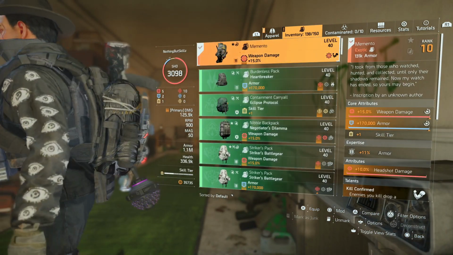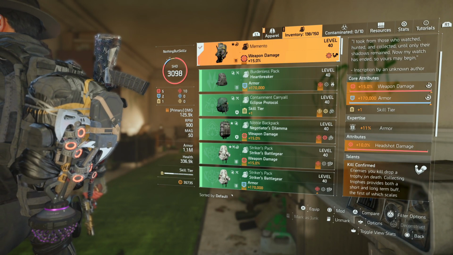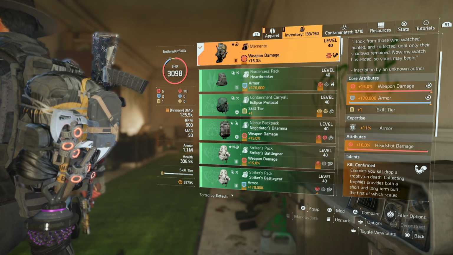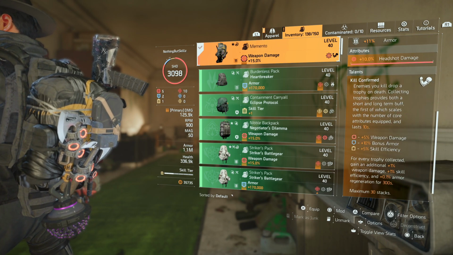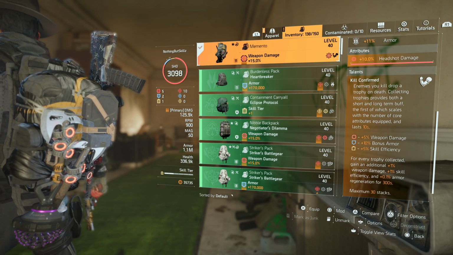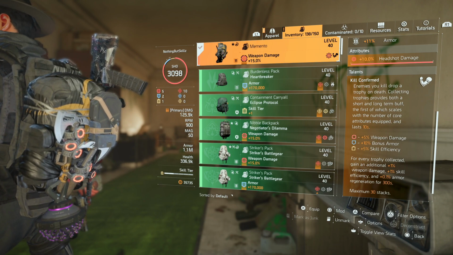And then for the backpack, we went with the Memento backpack, and this is what's going to give us survivability and allow us to really hit hard too, because remember, we get armor, weapon damage, and skill tier, great for our shield, and you'll see what level our shield is in a second. Plus we have a headshot damage mod, but remember, every time I kill an enemy, I'm going to get 25%